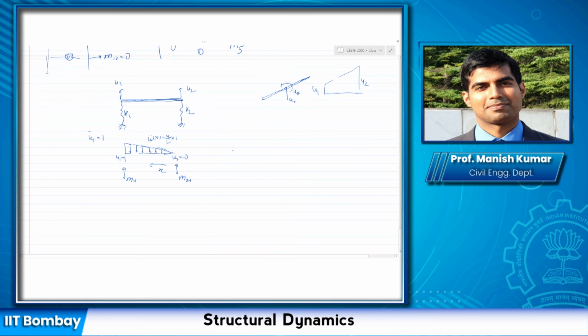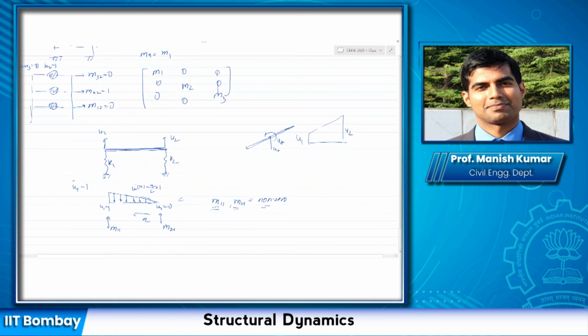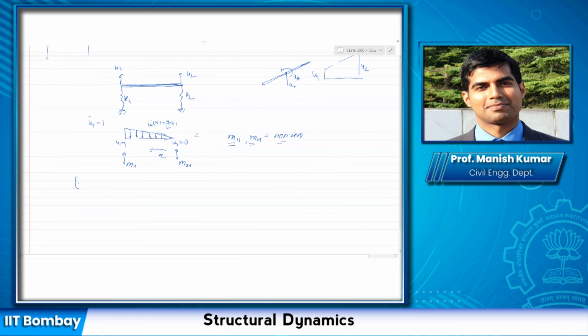Okay, and in this case, M11 and M21 both would have some non-zero values. So this is different from the case that we have discussed, and this brings me down to one of the questions that one of you asked: in which cases would I get a non-diagonal term in the mass matrix as well. So this is one example here. Okay, so using the influence coefficient method as well, I can formulate an equation in this form.